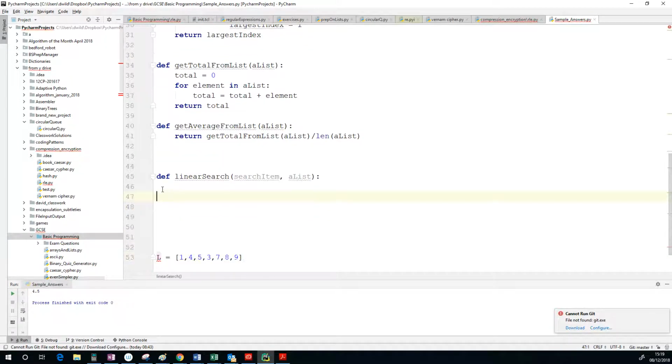Let's move that down there for a minute. So what we're going to do is we're going to assume that we haven't found the item, and we're going to go through the list. So for element in a list, that's going to be a for loop where each time element is going to be first this one, then this one, then this one, then this one, etc. And we're going to say